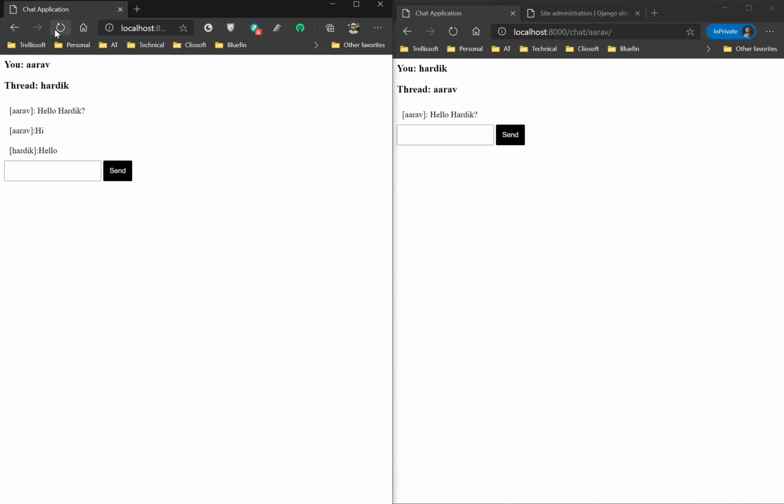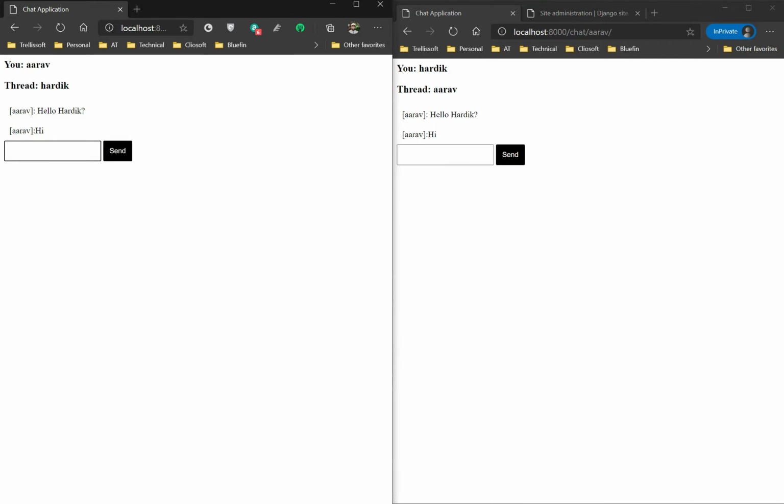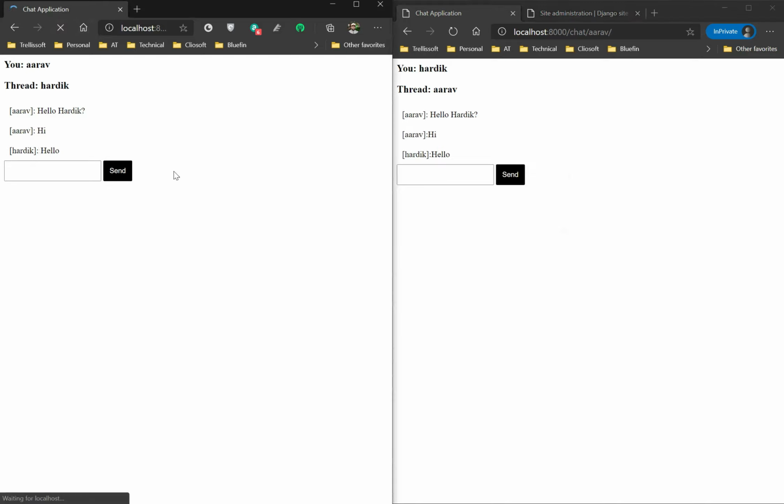Let me refresh both applications, and now I am sending hi. As you can see, hi is available. I am sending hello from Hardik, and now if I refresh the page, yeah, as you can see, all the messages are stored in the database. That's why we are getting all the messages after reloading the page.